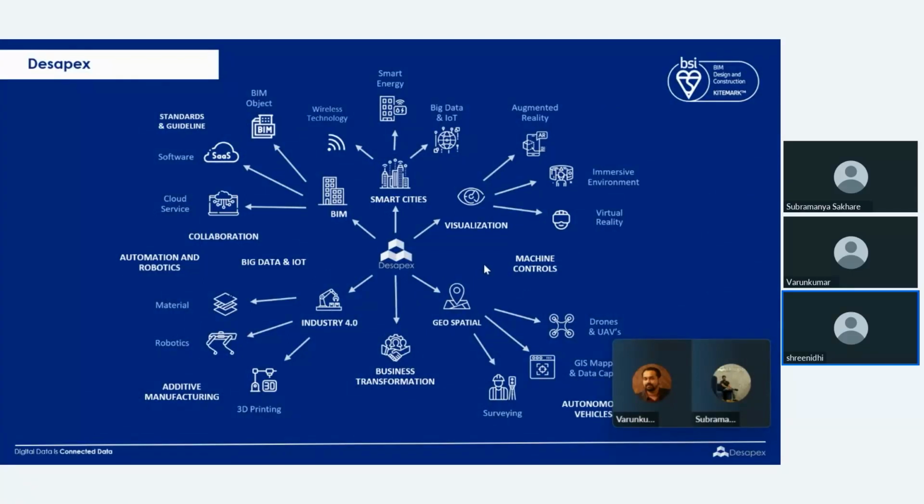A little bit about Desapex. Desapex is basically a digital engineering company. We operate in India as well as Europe. Our Indian headquarters is here in Bangalore, and our European headquarters is in Sweden. Basically, we help our customers during the design, construction, operation, and also renovation stages of any particular built asset, specifically for